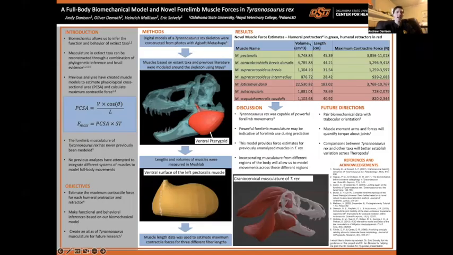Hi, my name is Andy Danison, and I'm a second-year PhD student working with Dr. Eric Snively, and today I'm presenting some of our research titled A Full-Body Biomechanical Model and Novel Forelimb Muscle Forces in Tyrannosaurus rex. Starting off with our introduction, when we're dealing with extinct organisms, sometimes biomechanics is our best bet